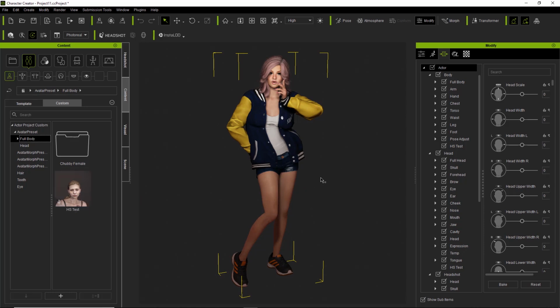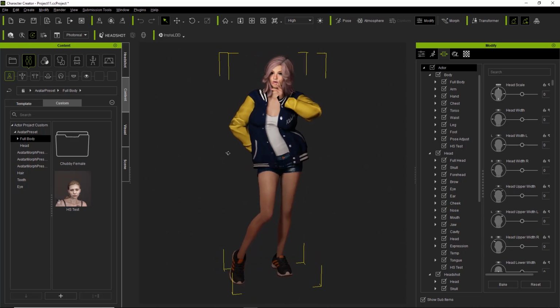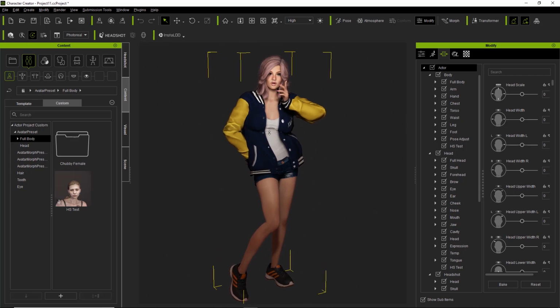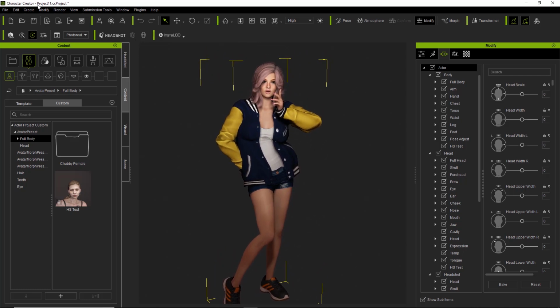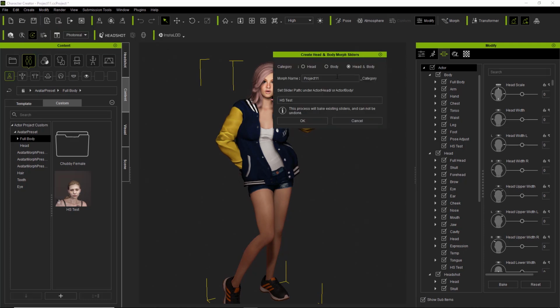All right, so what we're going to do next is we're just going to go ahead and save the current character's morph sliders separately, so we can have a temporary slider to move back and forth when we apply the other stuff. So let's go ahead and do that. Again, same process by going up to create and head and body morph sliders. Let's just go ahead and body. We'll call this one female morph name, and we'll just call it temp. Okay. For the path, and go ahead and press OK.